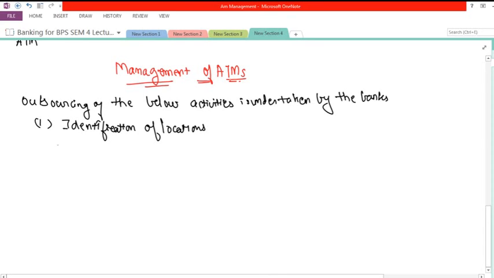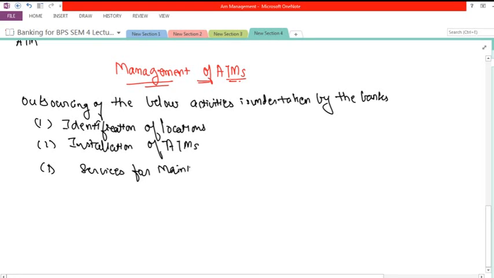then the second one is installation of ATMs, after that, services for maintenance. Okay, all of these activities are done on the basis of outsourcing, and these outsourcing activities are done on the